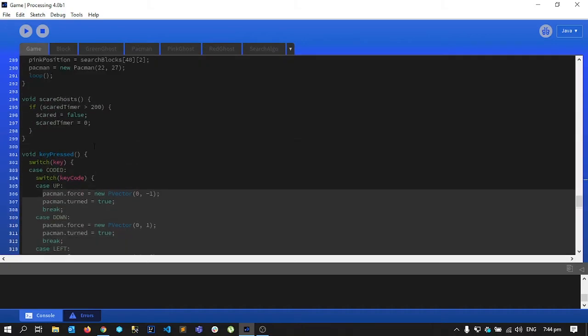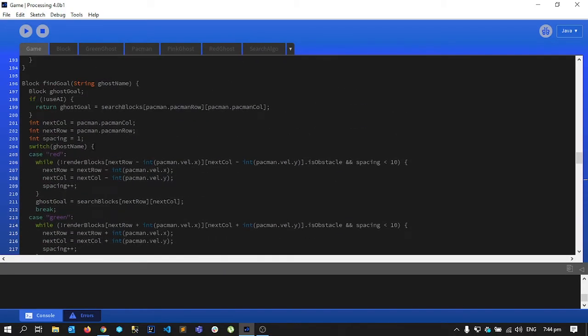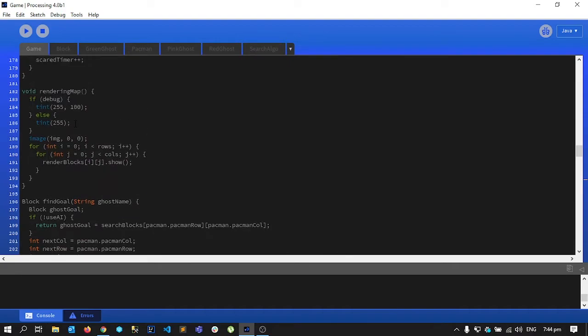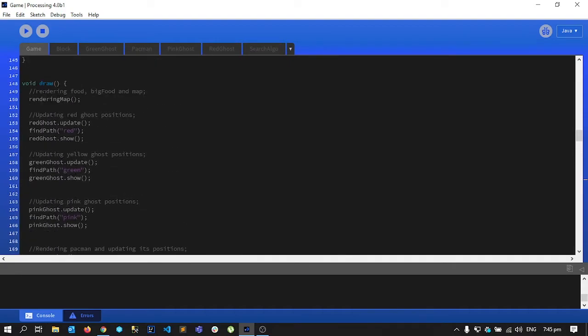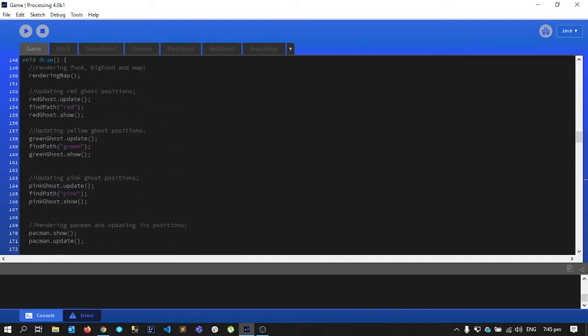If we go here in our game class and go over to our draw function, the draw function is very simple here. We find a path for the red ghost, and then the red ghost is updated accordingly. Then we find the path for the green one, and then it is updated accordingly.